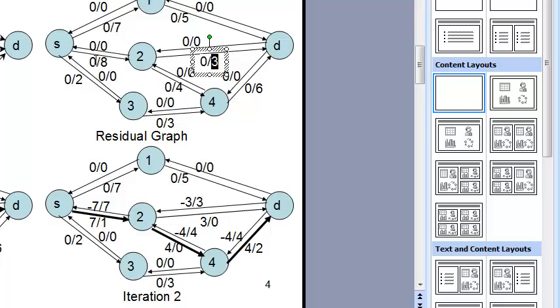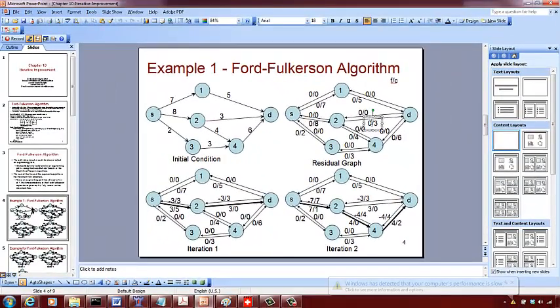So which means on this edge from S to 2, you can increase the flow by 3 units. So that bottleneck edge capacity you found is 3, and you can increase that on both these edges. So this is 3, so the capacity on this reduces from 8 to 5. 8 minus 3 is 5, and you're saturating this edge, so the flow is now 3 and the available capacity is now 3 minus 3,